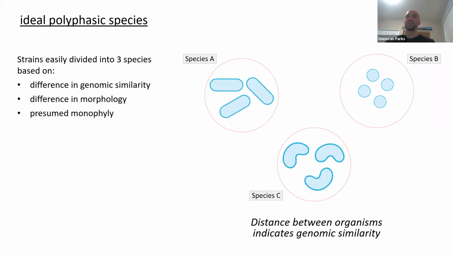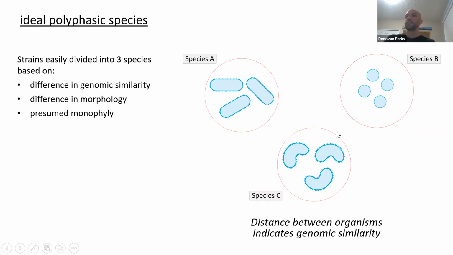So I just wanted to give you an example of what this might look like for defining species. This is essentially the ideal case, where we have a set of 10 strains. These strains are laid out in a plane. The idea is that the distance between these strains is an indication of their genomic similarity, say measured using average nucleotide identity. And this is basically the ideal case. You can see that we have these clusters of strains where their intraspecific genomic similarity is very high, but the